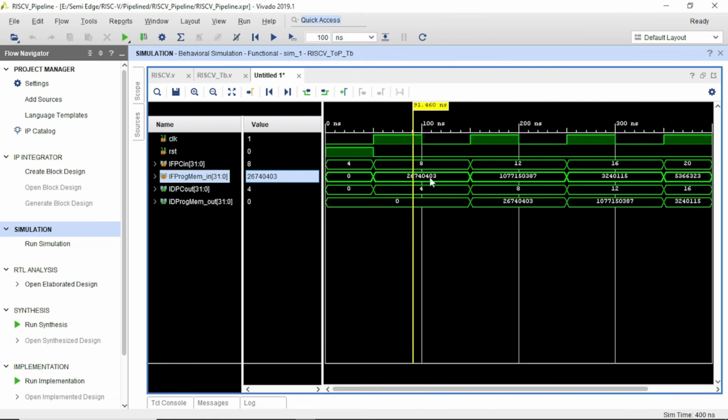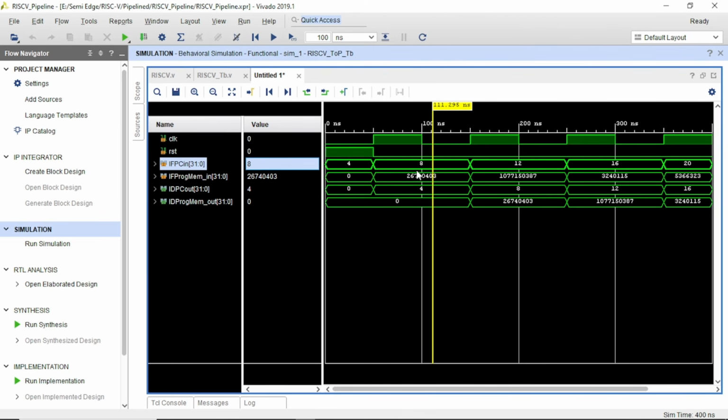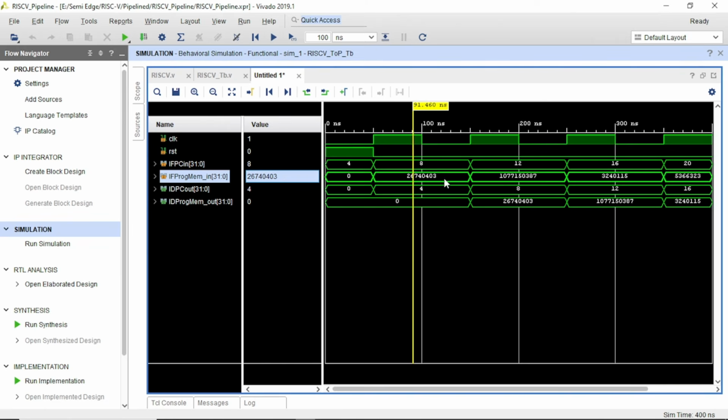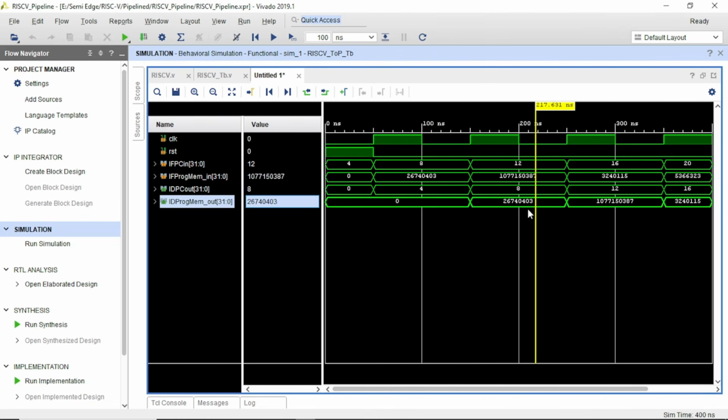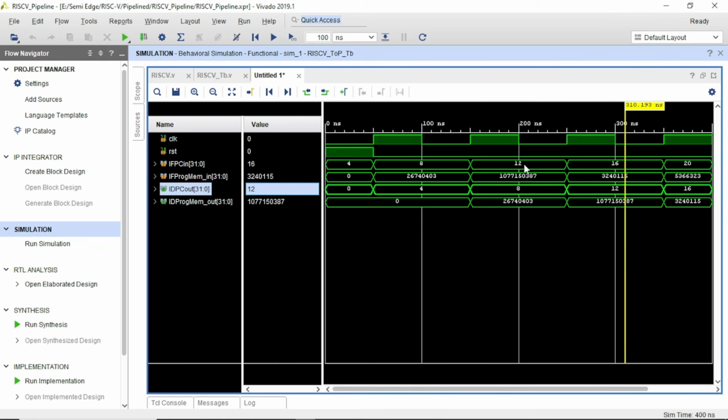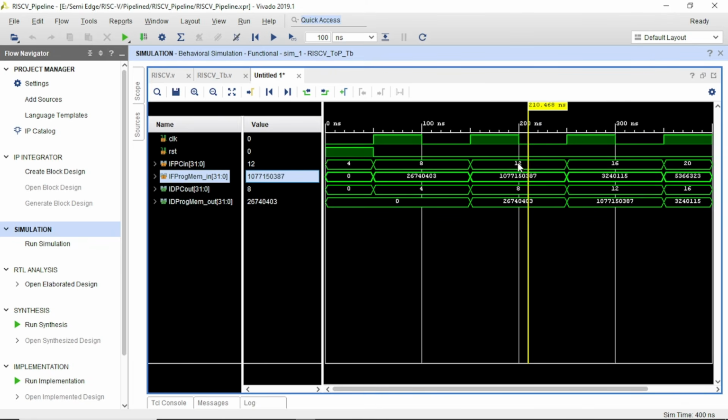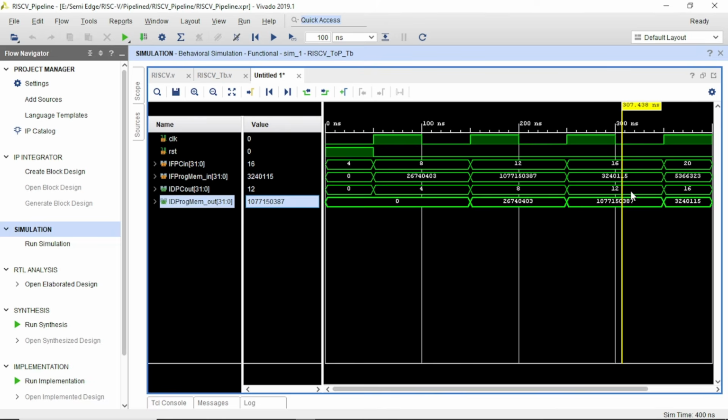Here is the instruction at that address. At the address of 8 we have this instruction, and here you can see at the address of 8 we have the same instruction at the output. So here you can see the instruction at the address of 12, here the same instruction at the address of 12, and similarly